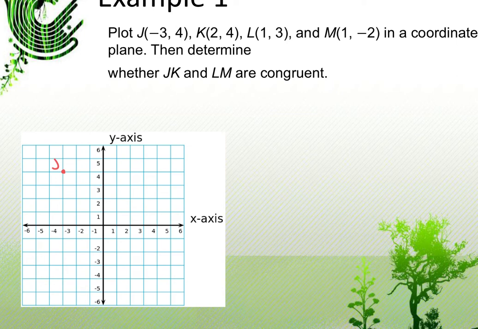And I'm going to label it J. K is 2, 4, to the right 2, up 4, and I'm going to label it K. L is 1, 3, and M is 1, negative 2. And it wants to know if JK and LM